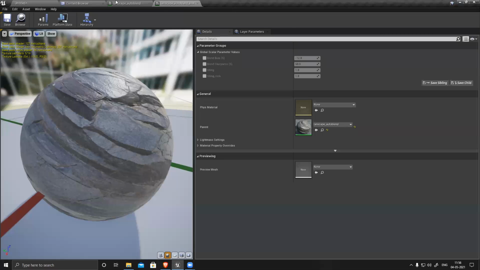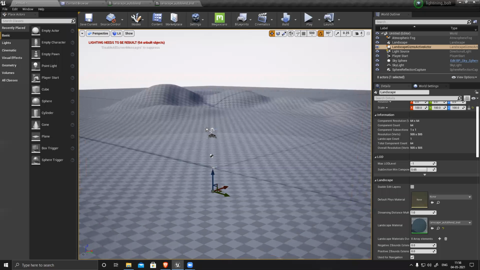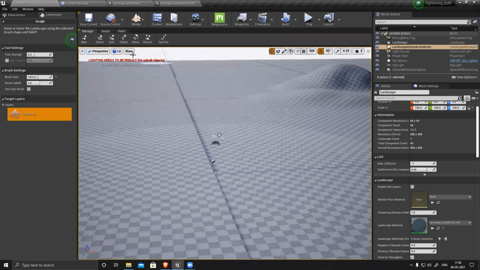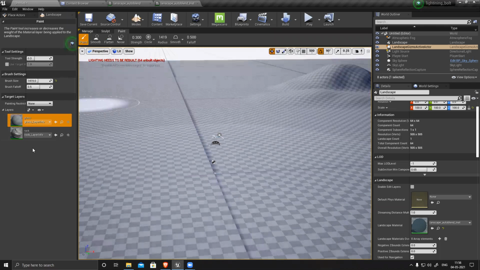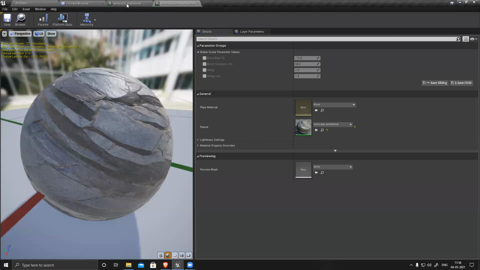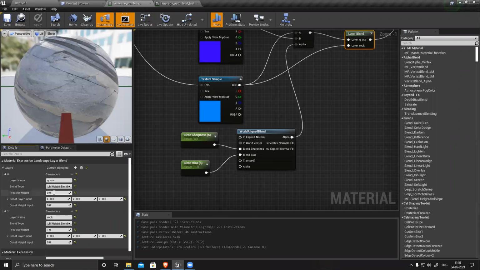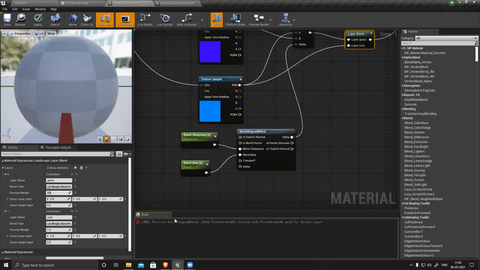Should work. Let's see. Why is the grass not visible? Paint.